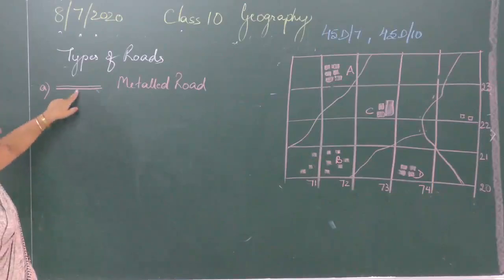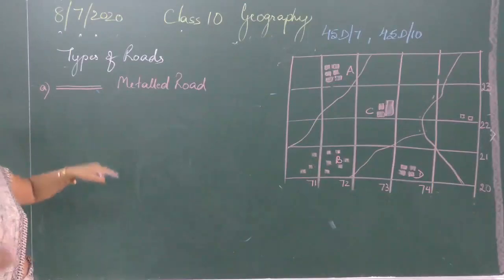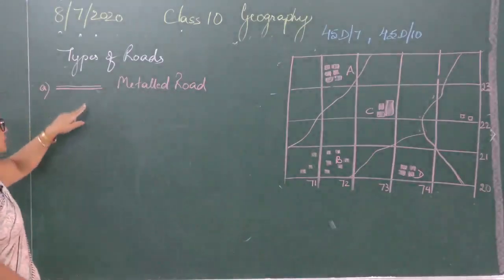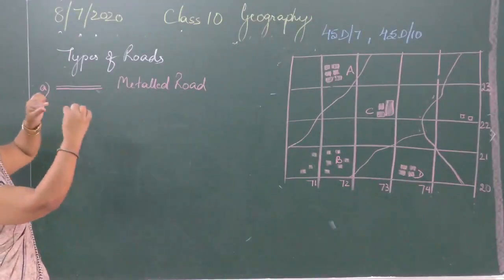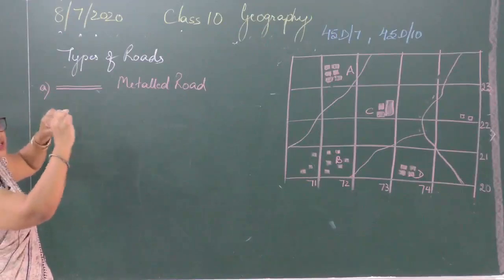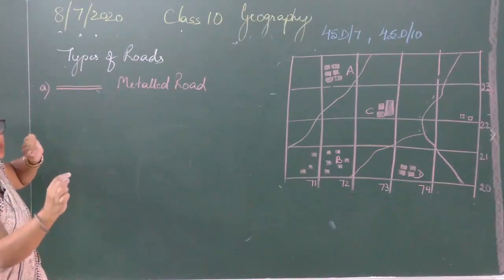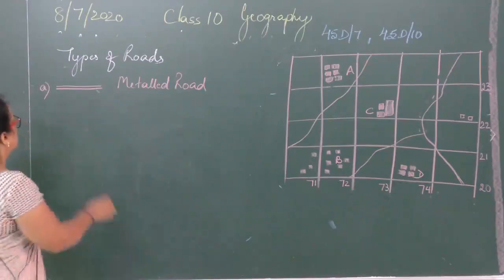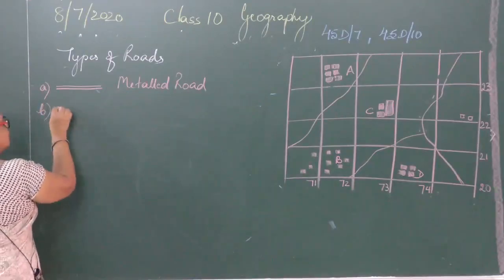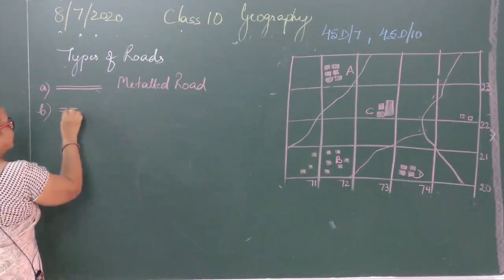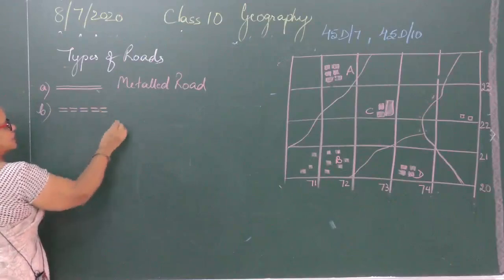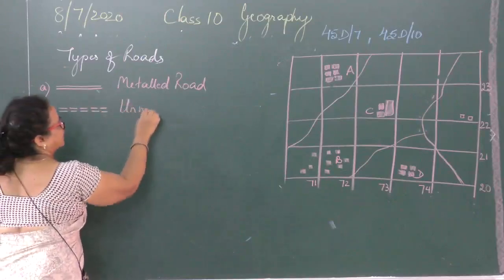Clear? Now in the map sheets which will be given to you, the metal roads are drawn in such a way that the two lines merge together, so it looks like a single thick line. Don't get confused. Metal roads means a pakka road, a pitch road. Clear? Second variety is again parallel lines, but they are broken like this. They are also in red. This is a kacha road, it is unmetalled road.